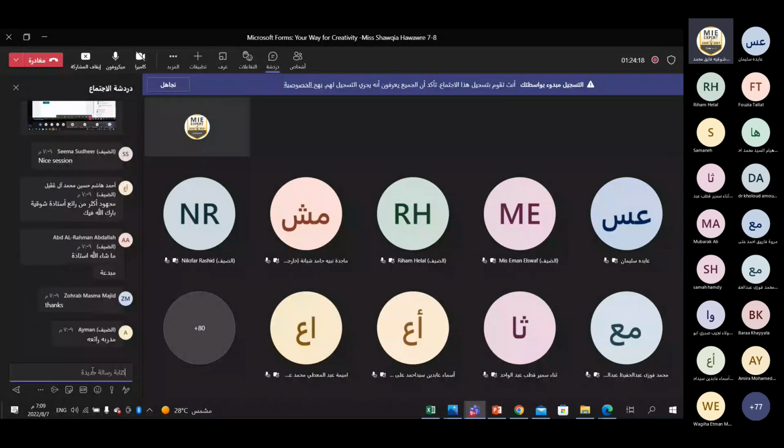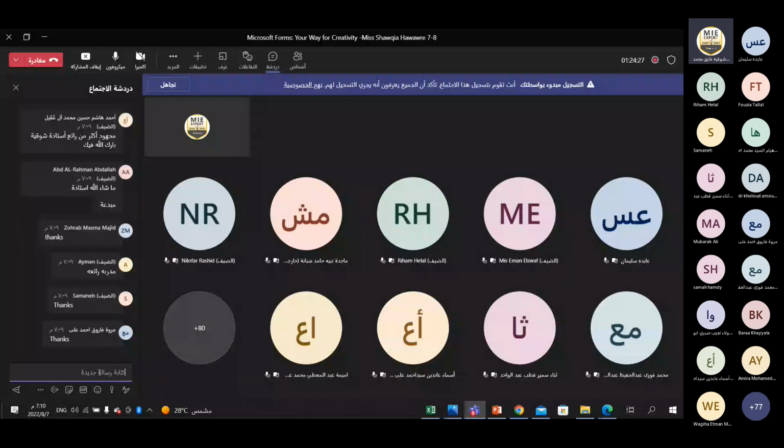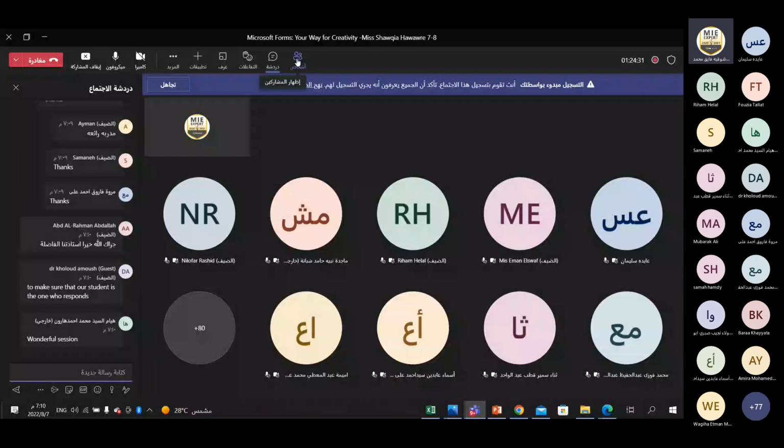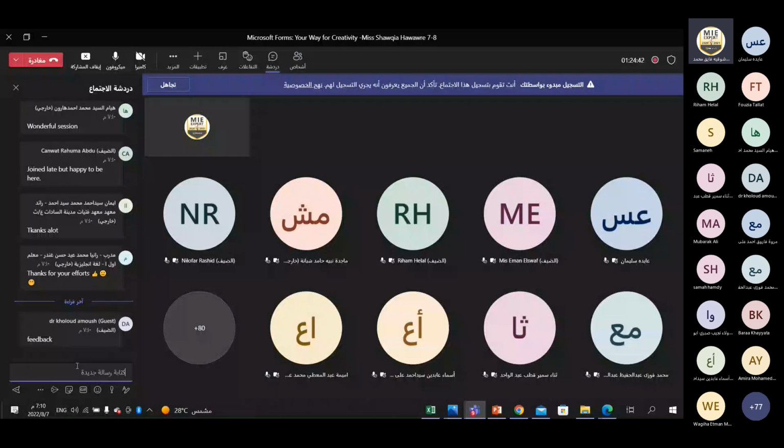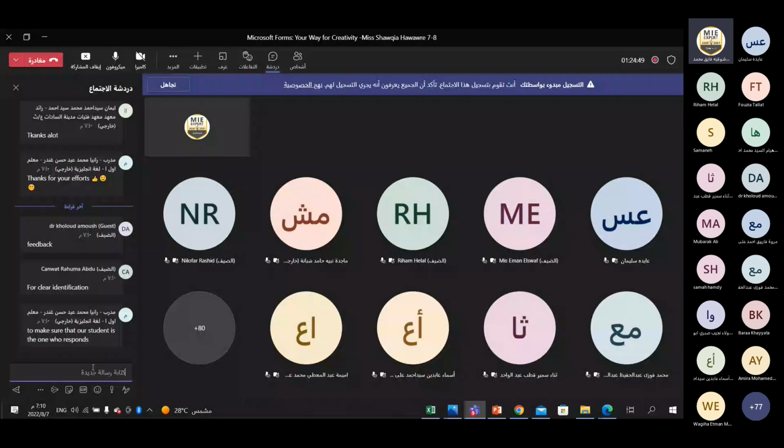Why do we need students to write their names? Can you write in the chat box? Why do you want to let the students write their names? Can you tell me? Feedback. Yes, Dr. Khulud, thank you. Yes, for clear identification. Excellent. Thank you, to make sure that our student is the one. Yes, excellent, Rania, to